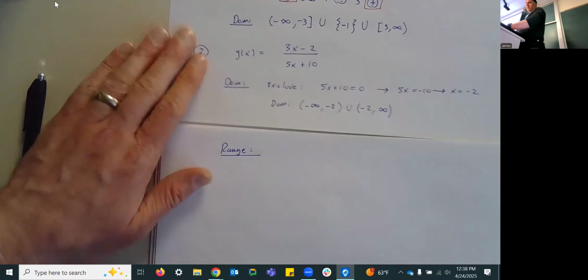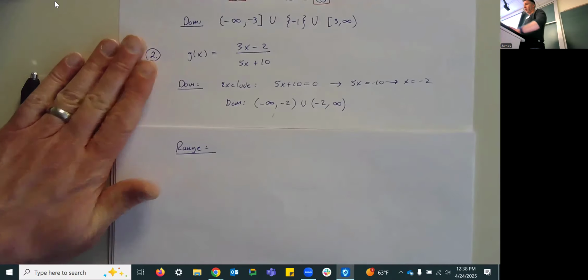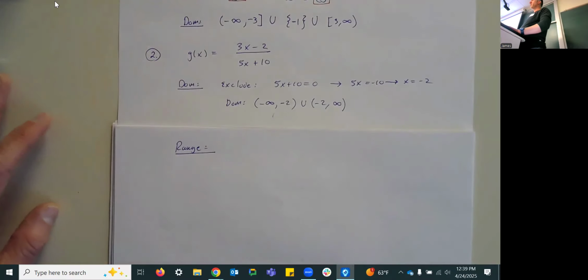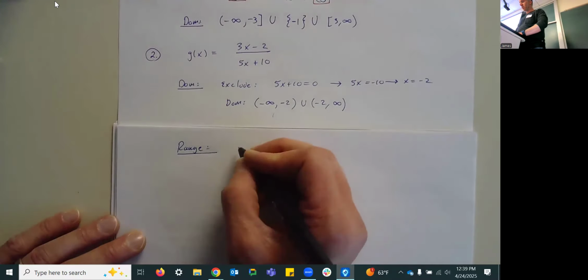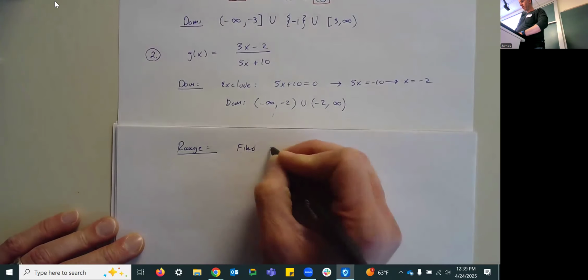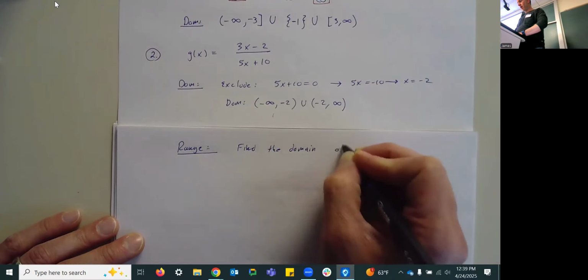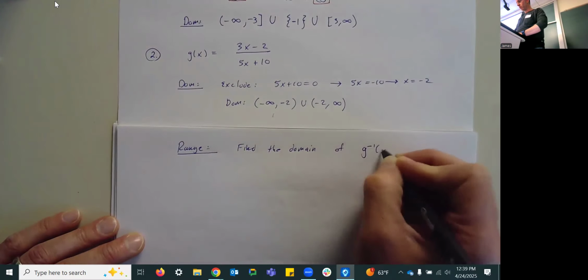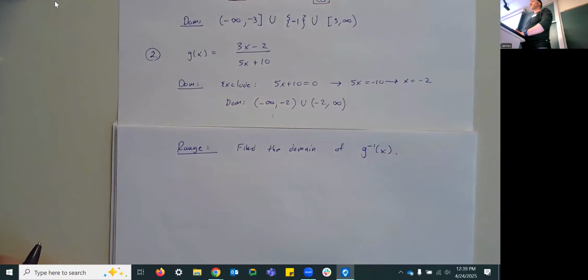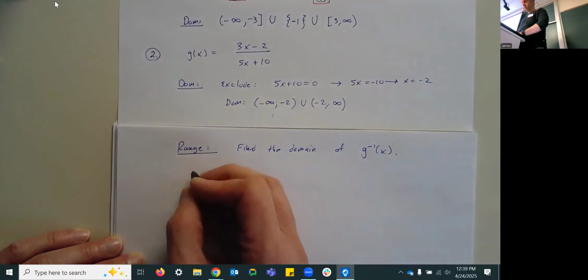So there's, in my opinion, two ways to find the range. One way is to graph the thing. This is not what we're going to do here. Graphing this, it's not super obvious what you're missing from the range if you're not careful about graphing it. So typically to find the range, we're going to find the domain of the inverse function. Meaning we have to find the inverse function. So to find g inverse, we're going to